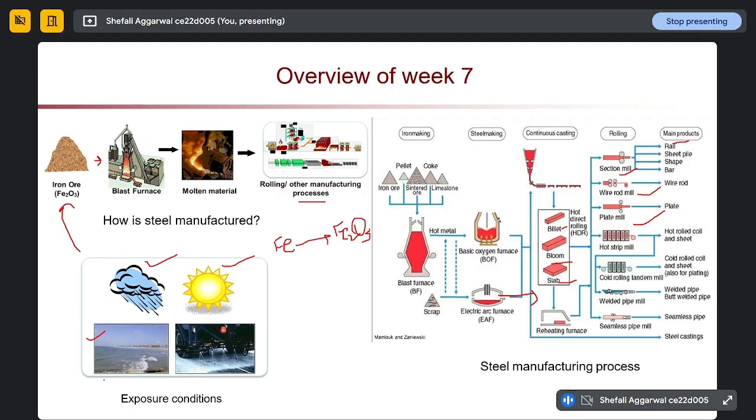However, if Fe2O3 further oxidizes, it forms FeOOH. These rust products are highly voluminous and cause deterioration of the material. That is called corrosion. So in our case, in structures, whenever there are chlorides near steel bars, what will